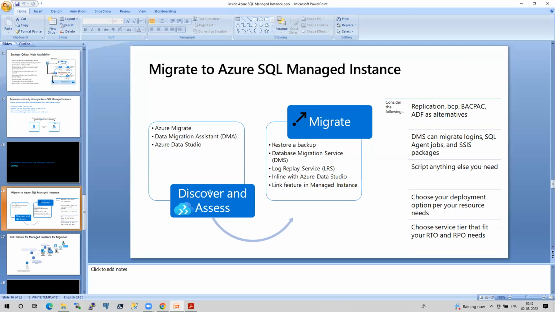The other one is with Azure DMS. Then log replay service. And the final one is the link feature in managed instance. So there are a number of things, and you have to be very sure about the tools that you want to make use of. I'm very excited, but I'm just holding my breath.